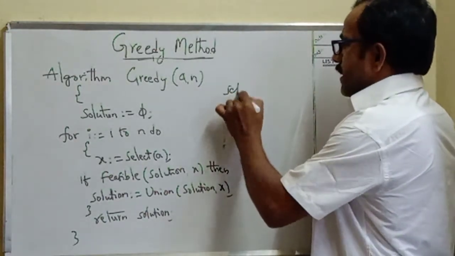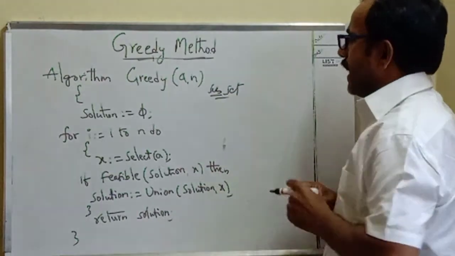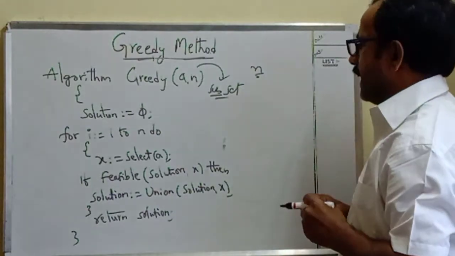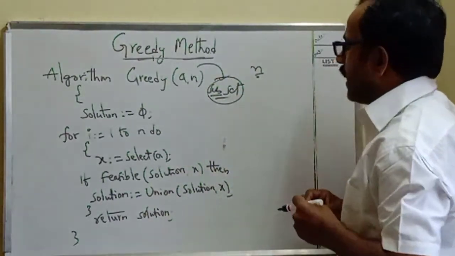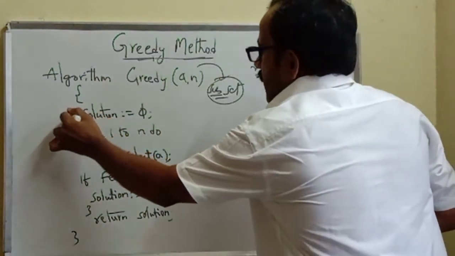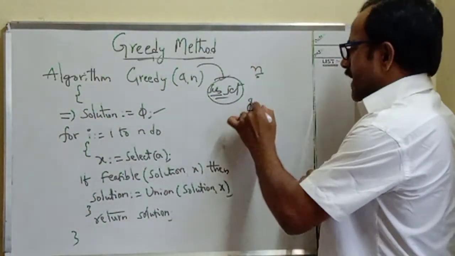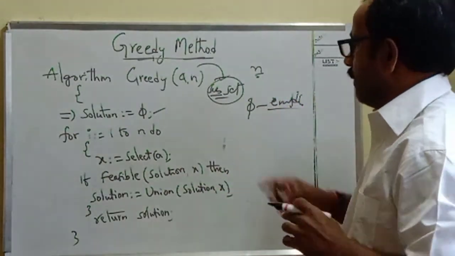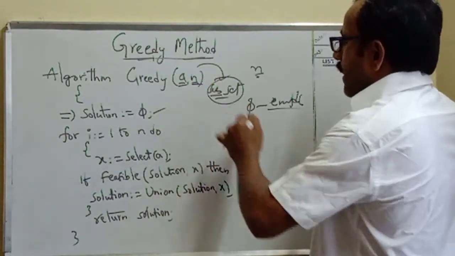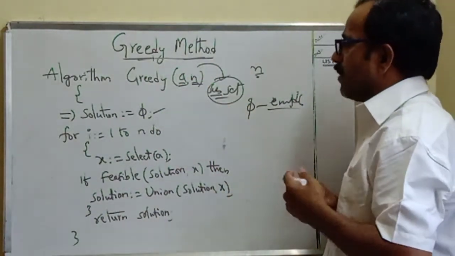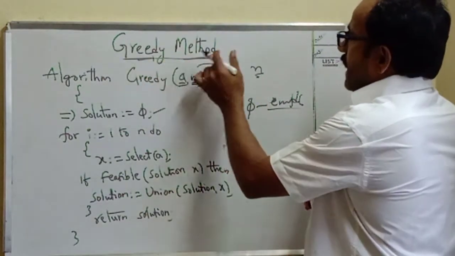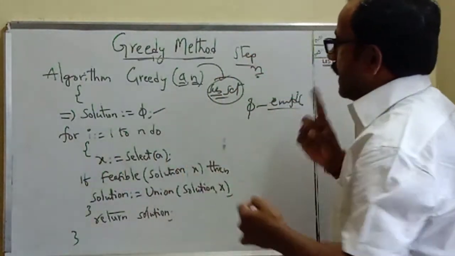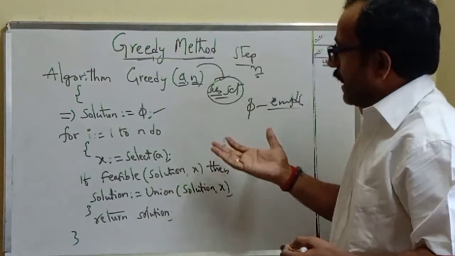So, what I told earlier in the definition: we are going to construct a subset of n elements. All n elements may be the subset of the given set or given array. So that's why we are going to construct a set. Initialize the solution as phi, the empty set, because we have not yet selected any element from the array. From this array of n elements, every time we need to select one element, because this greedy approach follows stepwise or stage-wise selection. At each step we select one element and immediately verify that particular element against the solution.